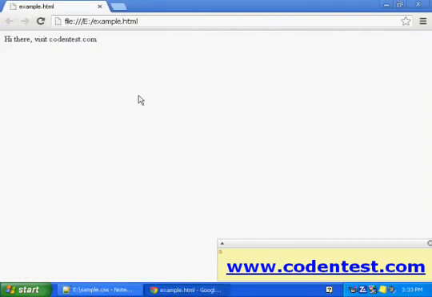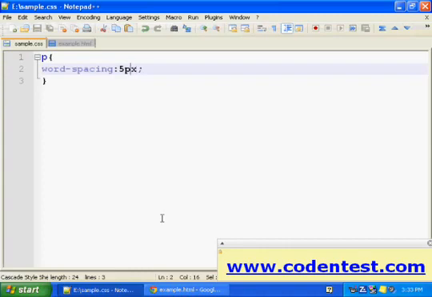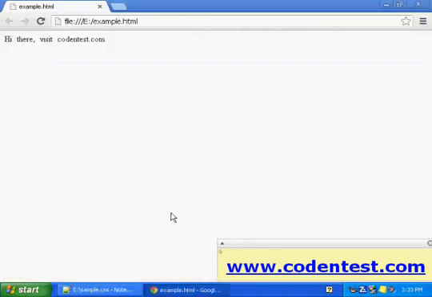Word spacing is the space between the words. See here, space between the words is more now. Let's give 20 pixels. See there, lots of space between hi, there, visit, codandtest.com. That's word spacing for you guys in CSS.